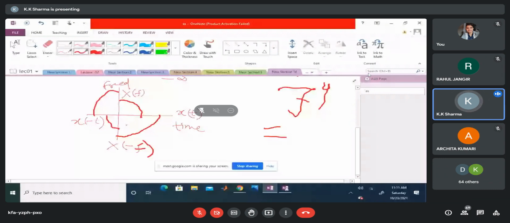Fourier transform is essentially a rotation by 90 degrees. So from x of t you are reaching x of f. If you again take the Fourier transform, you will reach x of minus t. If you again take the Fourier transform, you will reach x of minus f. If you take the Fourier transform 4 times, you will reach the same signal. So this will be an identity operator, F to the power 4.